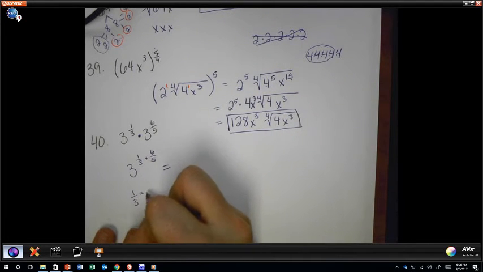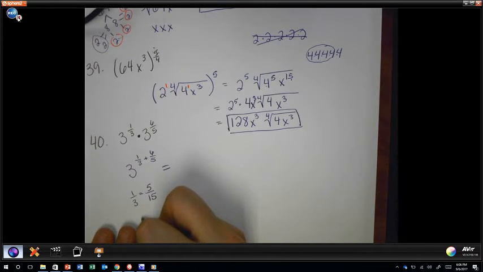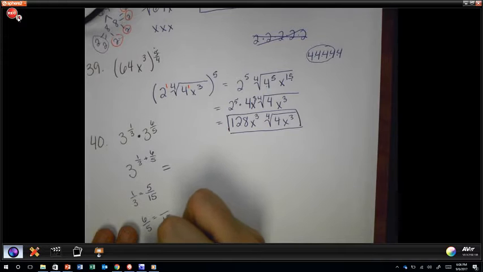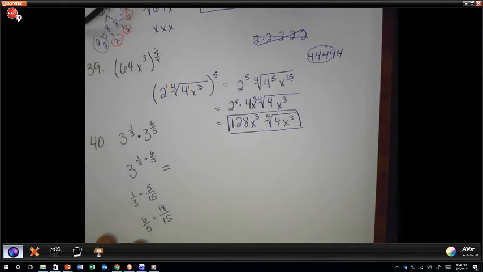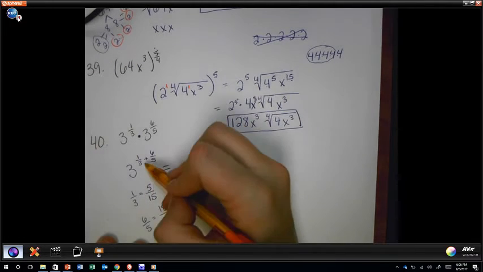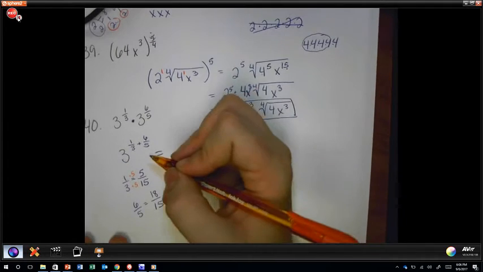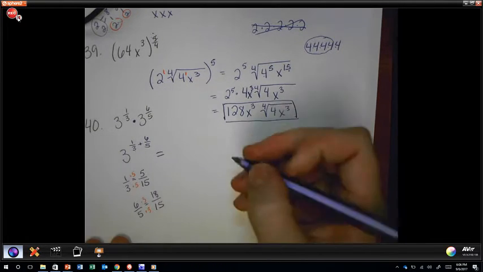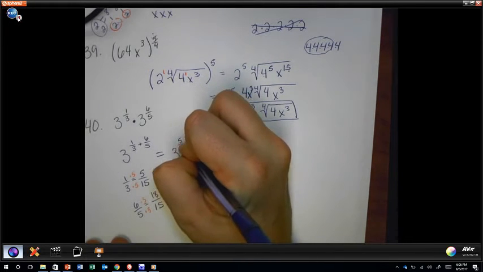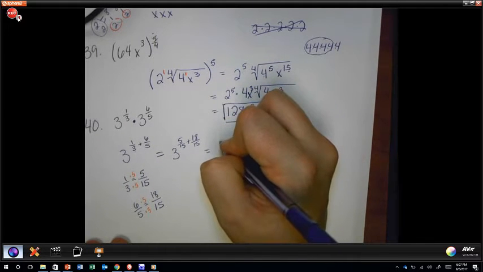1/3 is equal to how many 15ths? 5 15ths. 6/5 is equal to how many 15ths? 18 15ths. All I did was multiply to get a common denominator. I multiply my numerator and denominator of my first fraction by 5, my numerator and denominator of my second fraction by 3. So I'm doing 5 15ths plus 18 15ths, which gives me